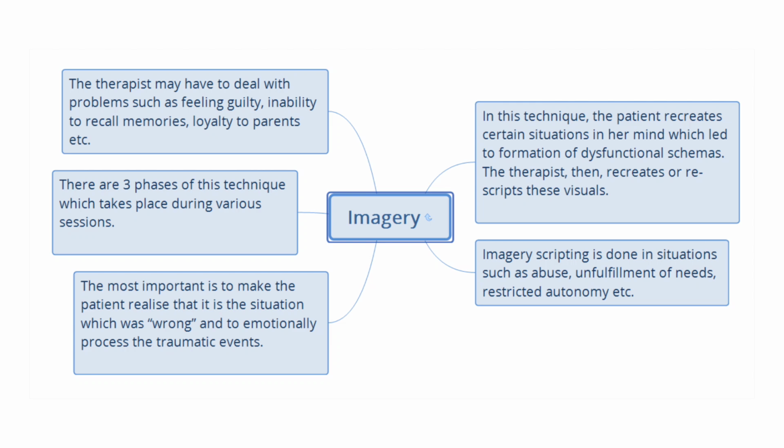Imagery rescripting sometimes leads to surprisingly quick change, but it has to be used repeatedly with different situations and different memories to ensure a long-lasting change. In this technique, the therapist asks the patient to imagine a safe situation first. It can be a real place where the patient has been or knows of, or it can be a fantasy place. If the patient does not know any safe places, the therapist can make suggestions such as a place in nature or another place where the therapist thinks that the patient will feel safe.